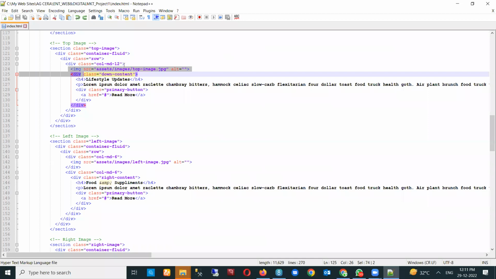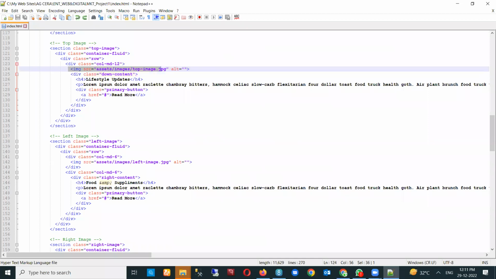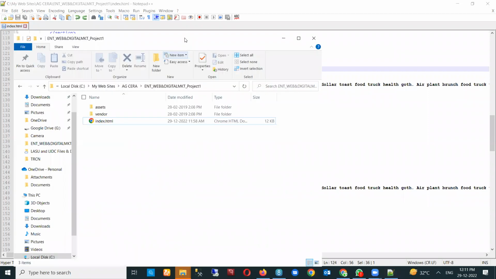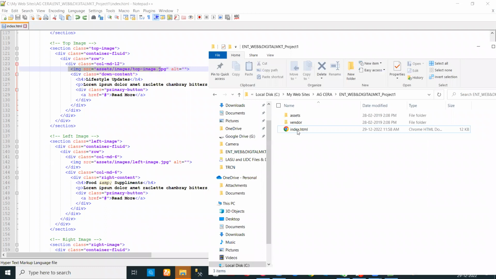It says asset/image. So if you look at the folders, I told you that when you unzip your file, you have 3 components here. You have the index.html, the vendor.html, the vendor folder, and the asset. Now, what is the source of our image? All these images that I see on this website, where are they kept? They are kept in a particular folder called